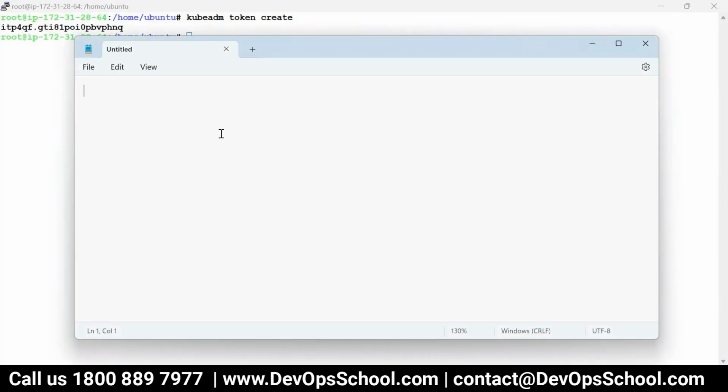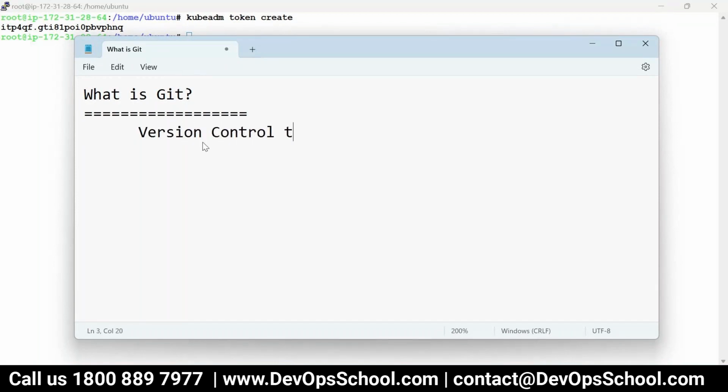Okay, so the first thing is, what is Git? We all say it's a version control tool. Now, the next question you will ask is, what is version?